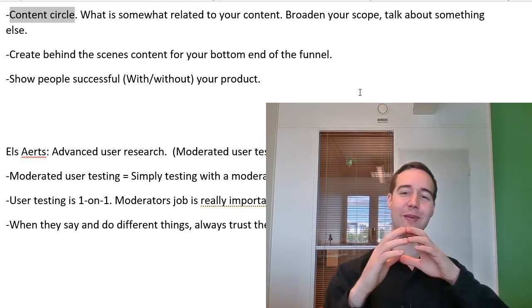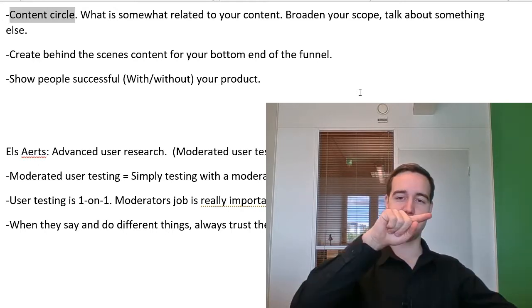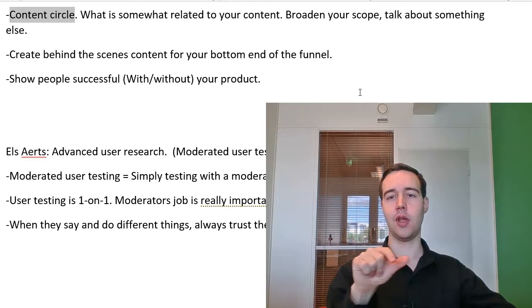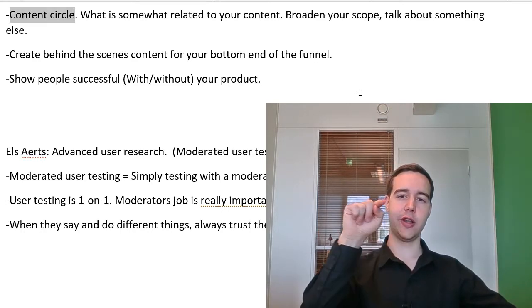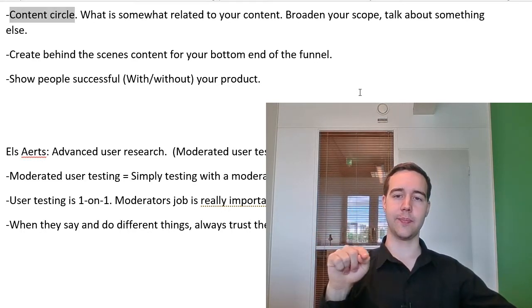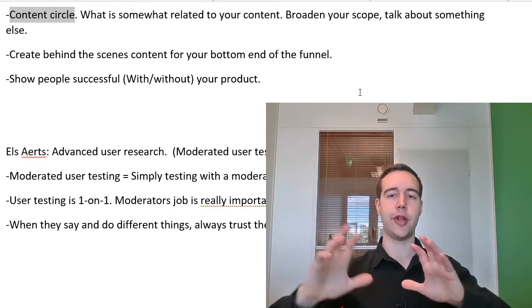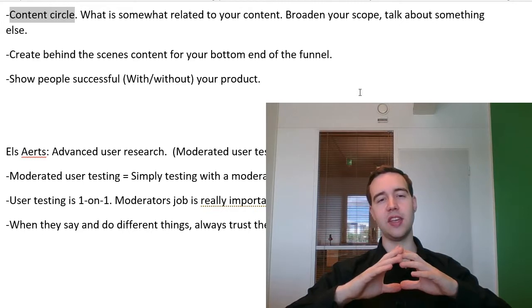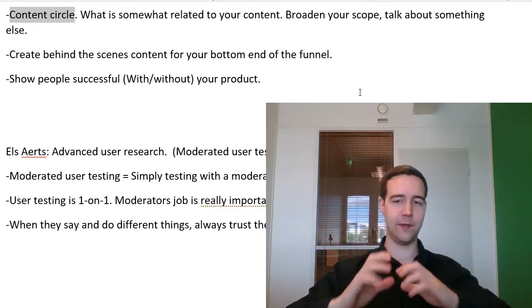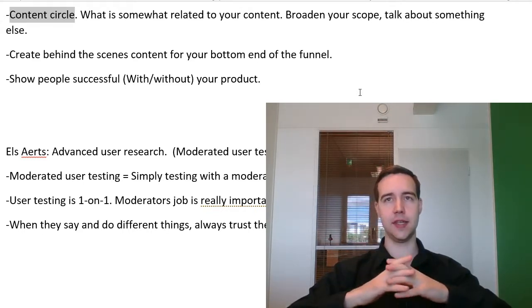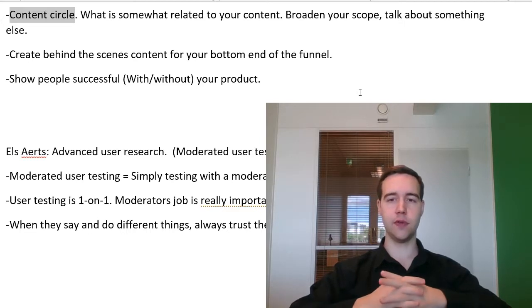That could be another one. And then you would circle. Try to have a lot of related articles, and then everything will be around your products. So it doesn't need to be that specific. It would just need to be something useful for that audience.